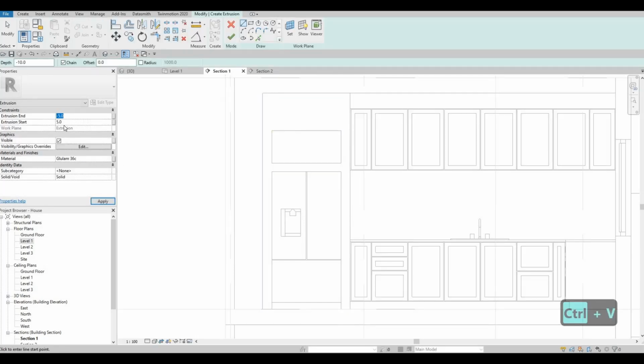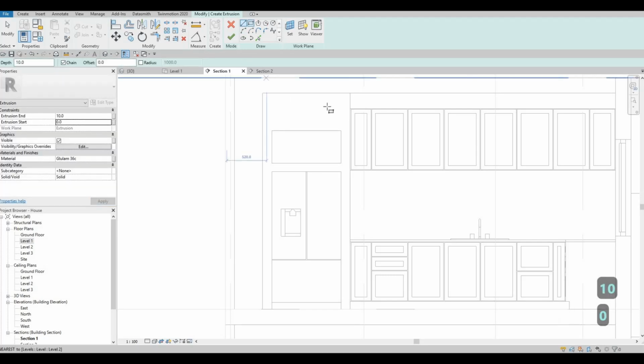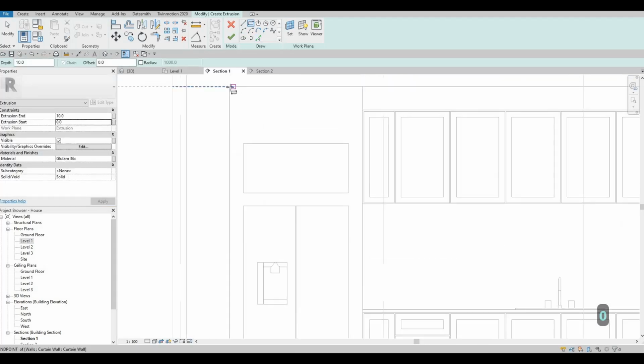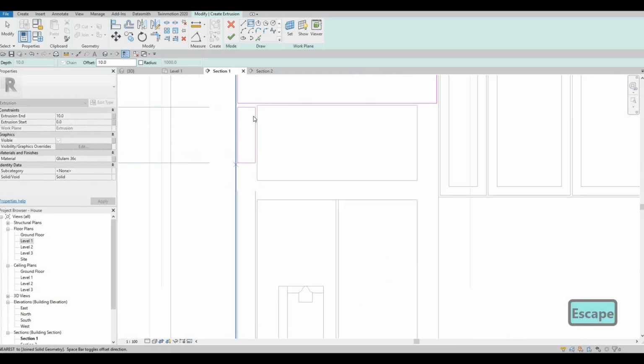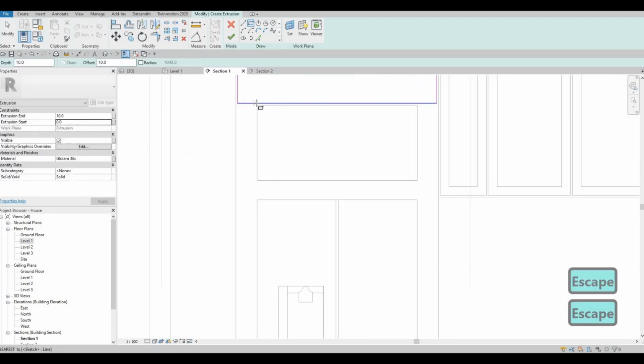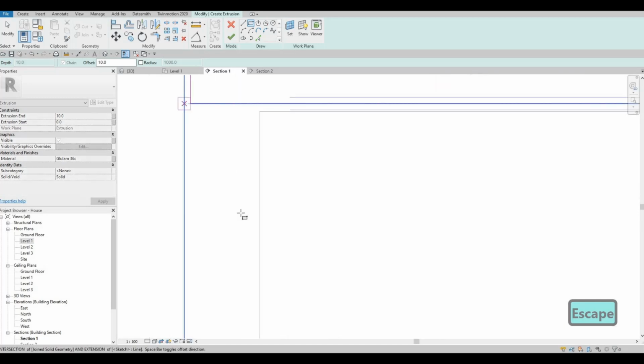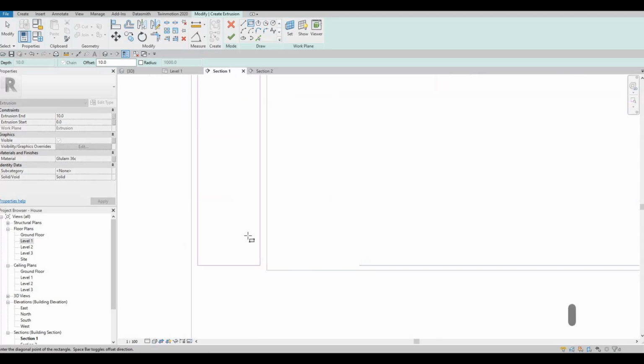This one should be 10, and this is supposed to be 0. Let's add an offset here of 10, going inside, and then here, get it from the corner,